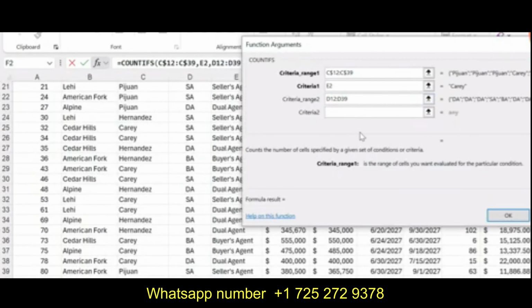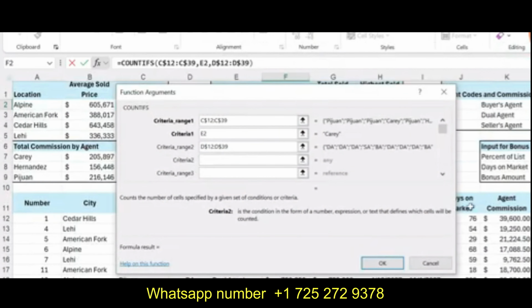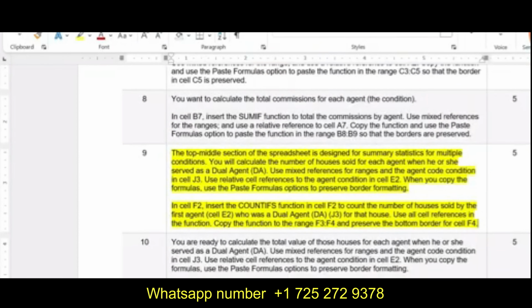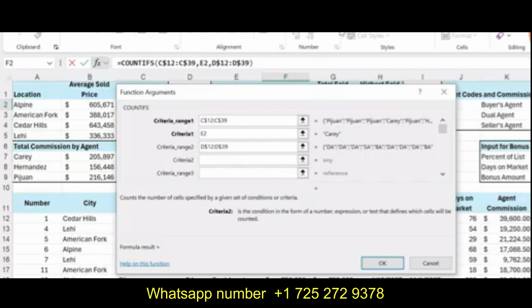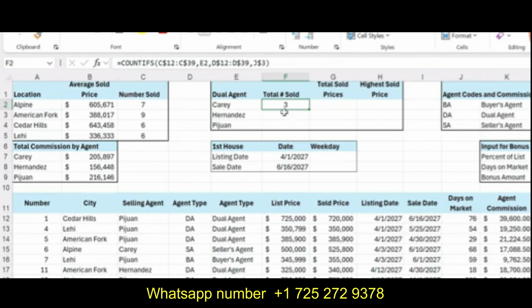But our criteria 2, as mentioned in the instruction, should be DA. So that is J3. That is our criteria 2. Click OK. So we got 3 houses sold for the Carry agent.